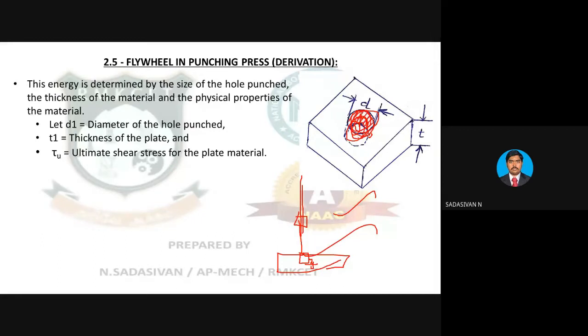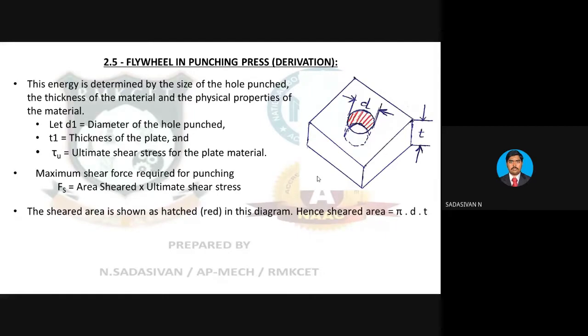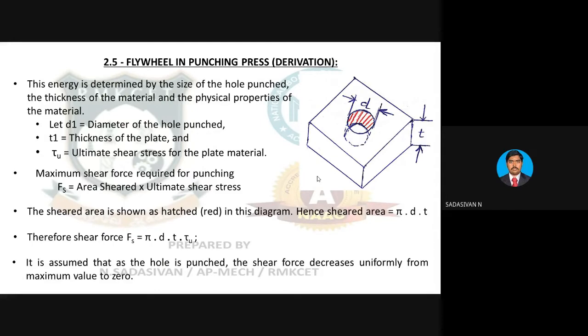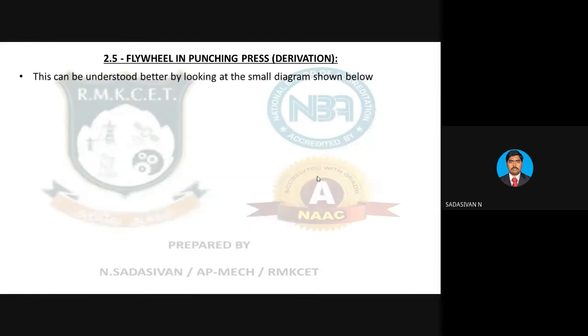You have calculated. Now, when you do a problem, you will fully understand this. If you find out the power required and put a motor, you will have a very large motor, which is not economical. So this is how you find out the energy required. Shear area into ultimate strength or shear strength of the material. So pi d t into tau. Tau is the shear strength. Pi d t is the sheared surface area. It is assumed that once the hole is punched, the shear force decreases uniformly. So all these things we will skip. I don't think it is required.